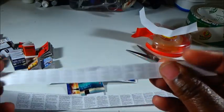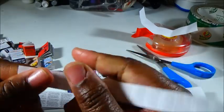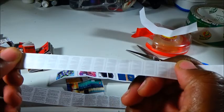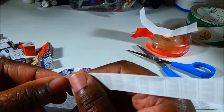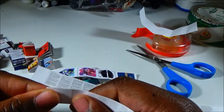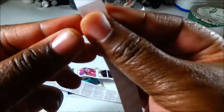This was an original one that I did a long time ago, so I didn't have my system down yet. This one has an odd number of pages because I tried to leave a blank page in front in each book. You know how books have that blank page, but I don't do that anymore. I don't think it's necessary. Just start with the pages, but you can do it how you like. And what you do is